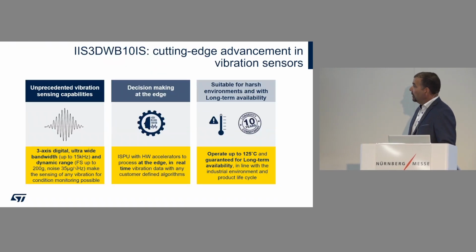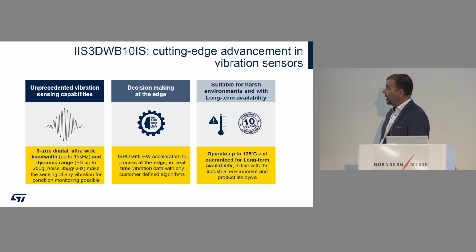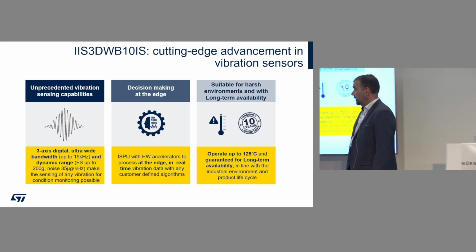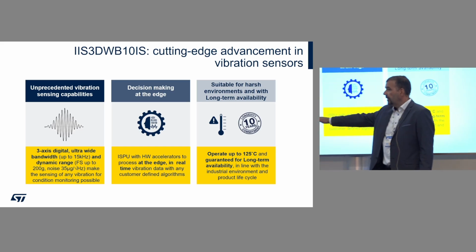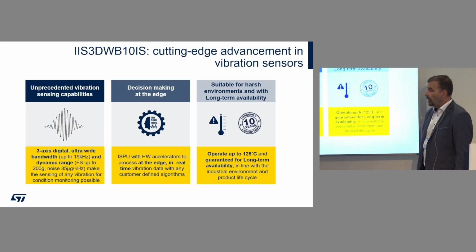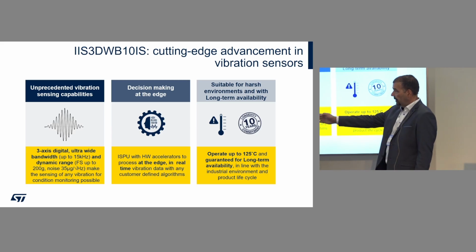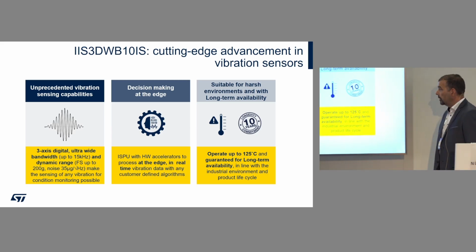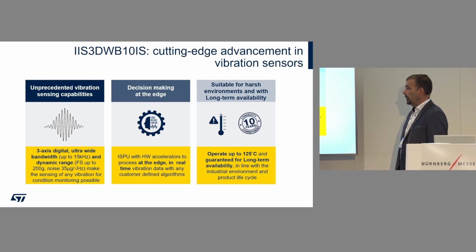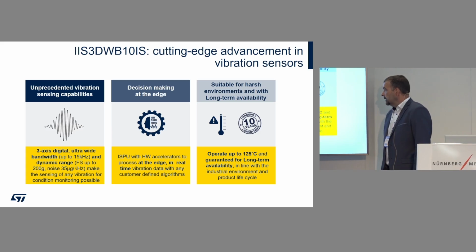So what are the advantages of this sensor, the IIS3DW10IS? The first one is linked to the wide bandwidth. You will see that on the X and Y axes in the 3D MEMS structure, we are able to go up to 15 kilohertz of bandwidth, and for the measurement range up to 200 G. So you have selectable ranges from 50, 100 to 200 G, depending on your application needs. And second,